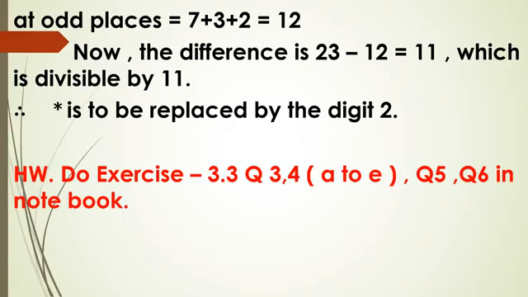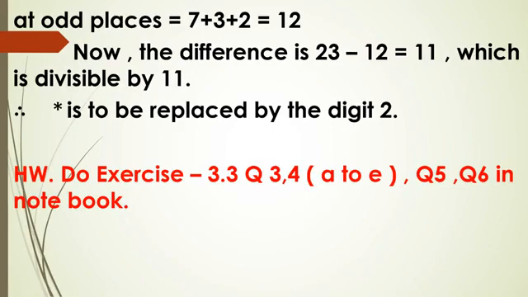And one more thing I want to say. Yesterday, I think by mistake, I gave you question number 3 of exercise 3.3 in the homework. That is not question number 3. Yesterday, I should have given question number 2 only, because question number 3 is to check divisibility by 6, and this we have done today. So yesterday's homework I think by mistake I gave wrong, though in Adda247 I wrote down the correct homework. It is exercise 3.3, question number 2. That was yesterday's homework.